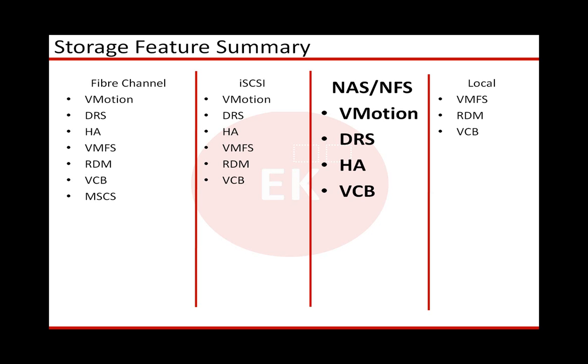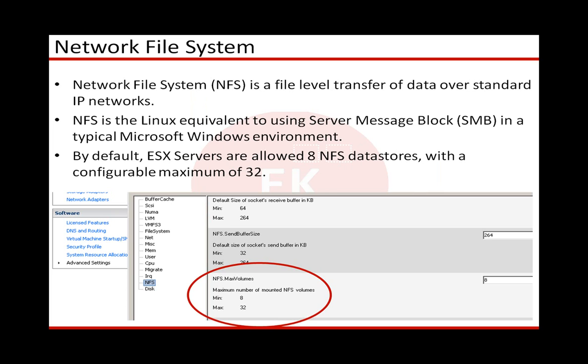So you won't be able to present a raw LUN that's presented from NAS to a virtual machine so that it can treat it as local disk. Whereas with iSCSI and Fiber Channel, the same way you would treat a physical machine and present it with a LUN from the SAN, you can do the same thing and present a LUN to the virtual machine and can take advantage of it. So NFS is a file level transfer of data over standard IP networks,